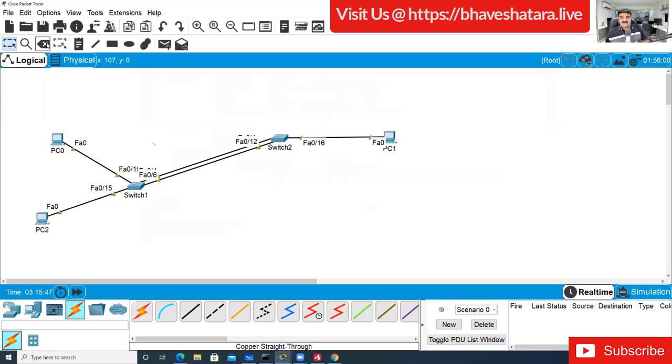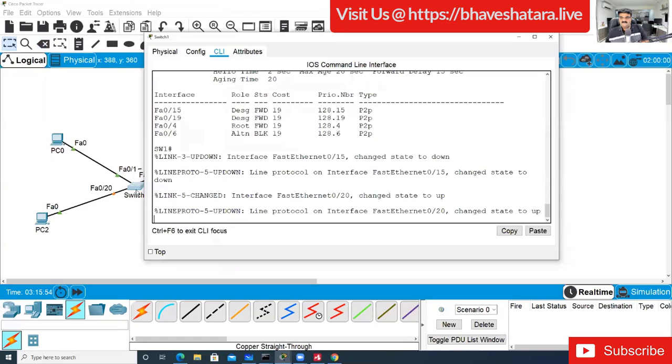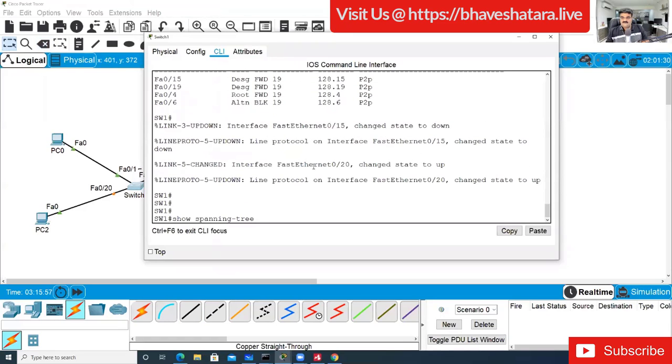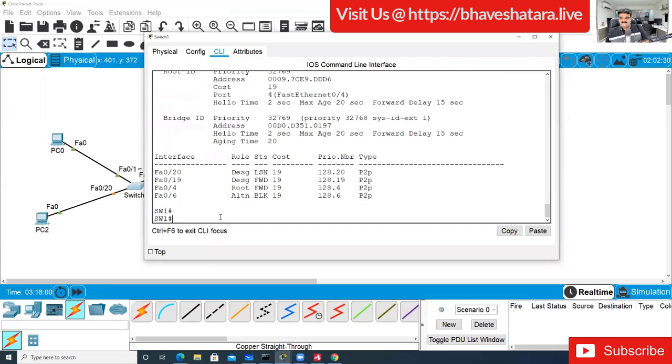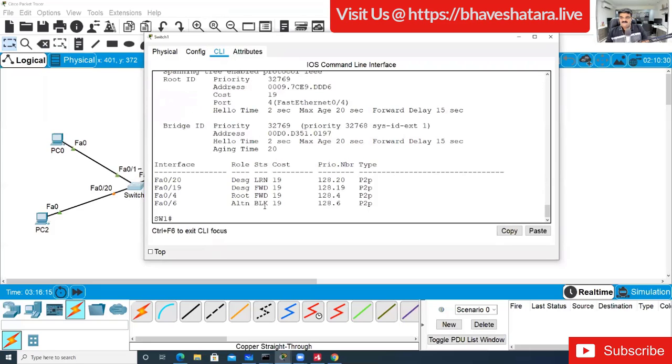So let me connect one computer again. Yeah, I'm going to connect this. So in spanning tree, see here we have this listening state. It is based on the forward delay timer. By default the forward delay timer is 15 seconds, so it is 15 seconds for listening and 15 seconds for learning. You can change this timer as well, but by default it is 15 and 15. Now it is learning. It will stay in learning mode for 15 seconds, and then after 15 seconds the port will be in the